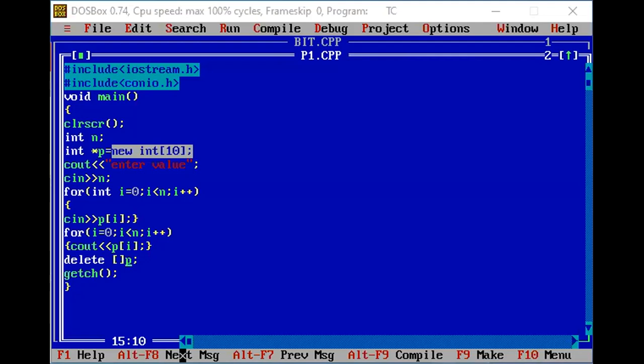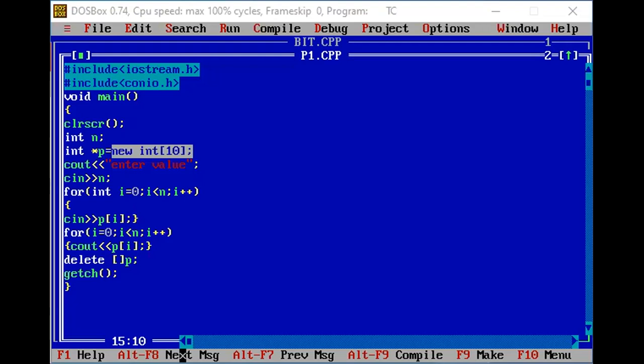Here I will use a variable. The remaining program will be the same. I will use one variable as sum equal to 0. As I'm going to take the sum of the array variables, I will take sum equal to 0. That will be a variable which is initialized by 0.